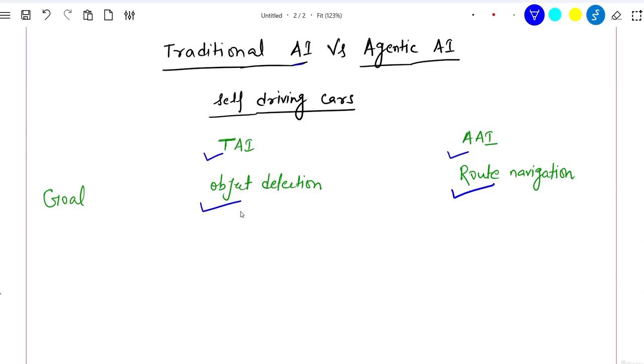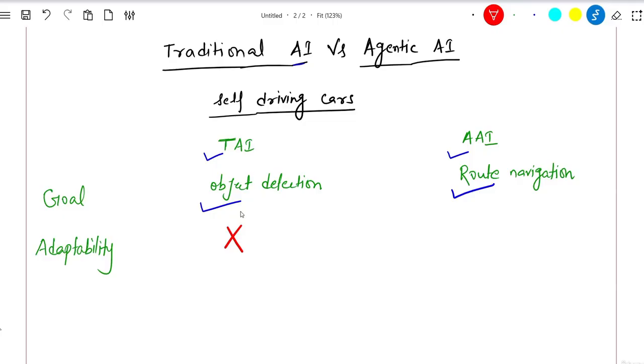agentic AI may differ. Let's take one more example of adaptability. So, what will happen if a traditional AI system finds an object which it has never seen in the training data? If a traditional AI system finds an object which was not part of training, maybe this traditional AI system will not be able to identify the object. So here the traditional AI system will not work very well because its knowledge is limited to the training data and it is not continuously learning.